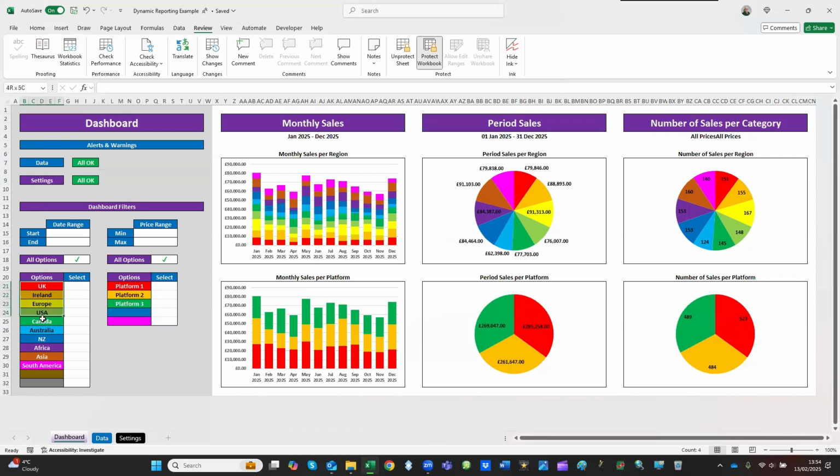So all of these options here, the different regions, are represented by those colors on the top row of graphs, and all your options for the different platforms are represented by the respective colors along the bottom. So what this does is it gives us the monthly sales per region. It gives us the period sales for the whole year, broken down per region, and it gives us